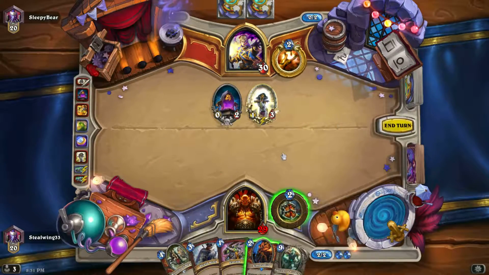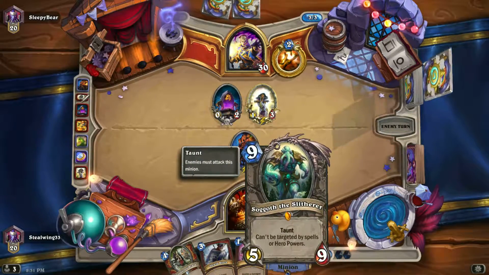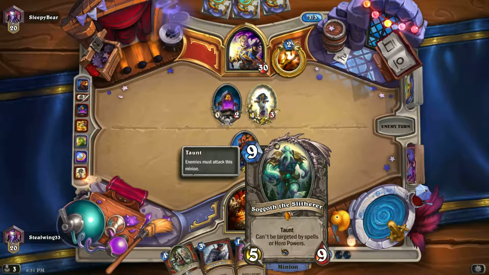Runic Egg, huh? It's definitely a choice. Got Sogoth. Sogoth the Slitherer is pretty good. It's a high power taunt card. That's why he's in the deck. Because